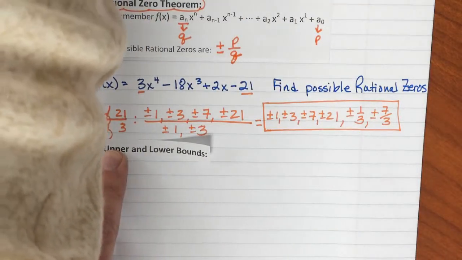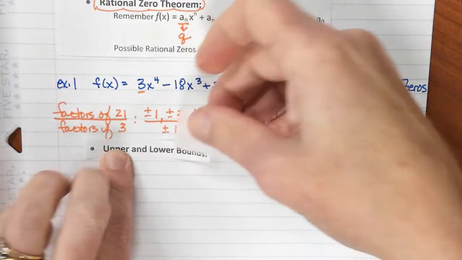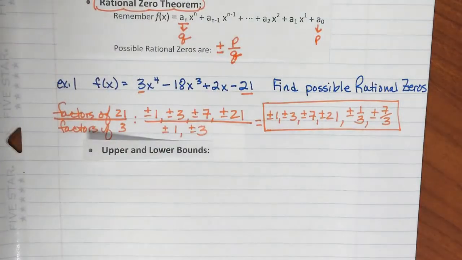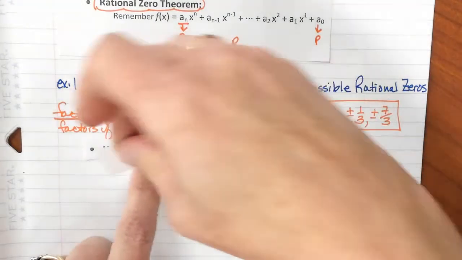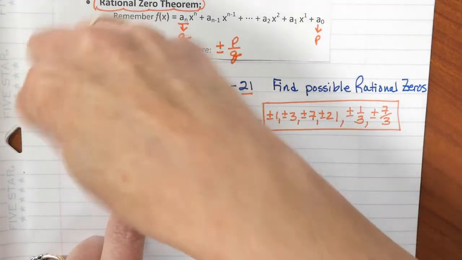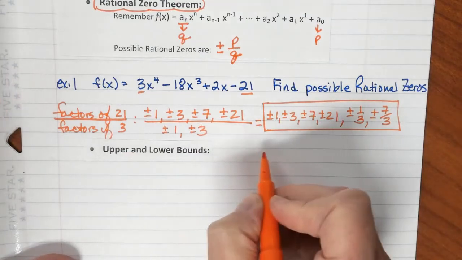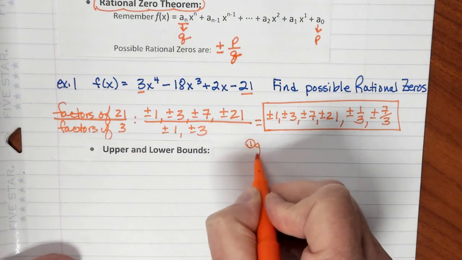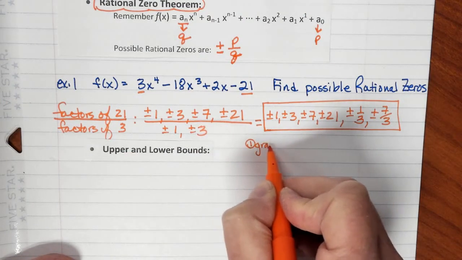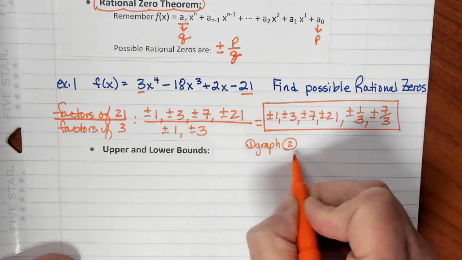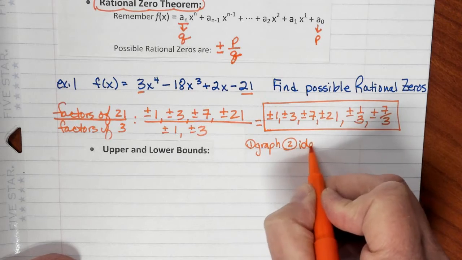And initially I didn't do the example I'm going to do right now, which is why I had it typed up the way I did. But when you want to know the upper and lower bounds, the first thing you're going to do is graph the equation. The second thing you're going to do is identify